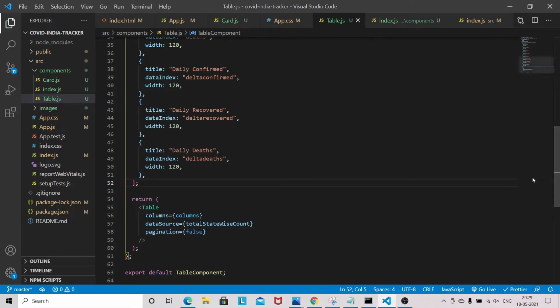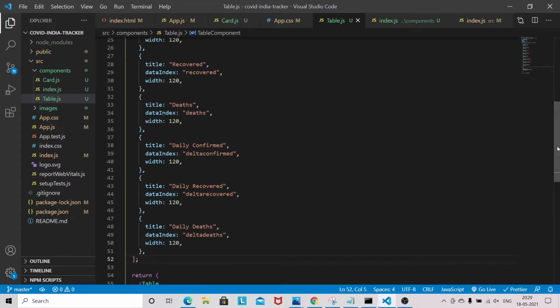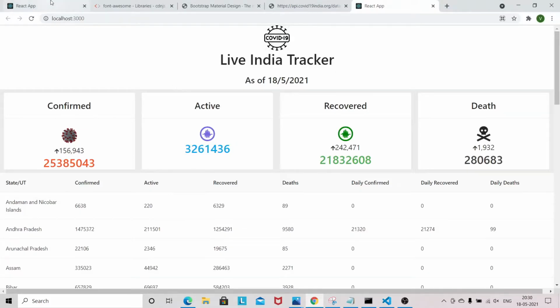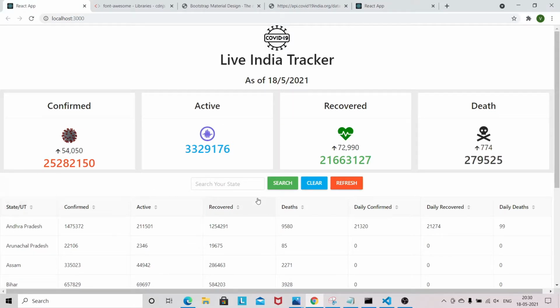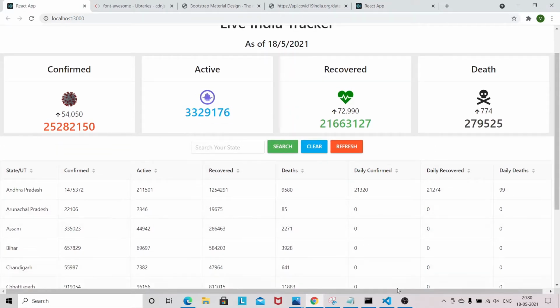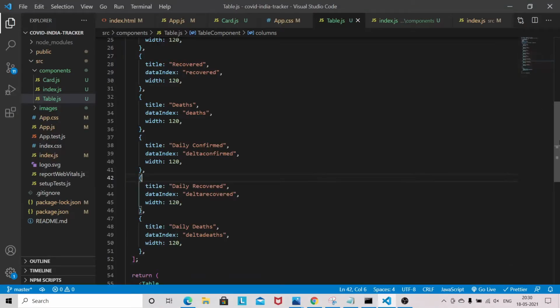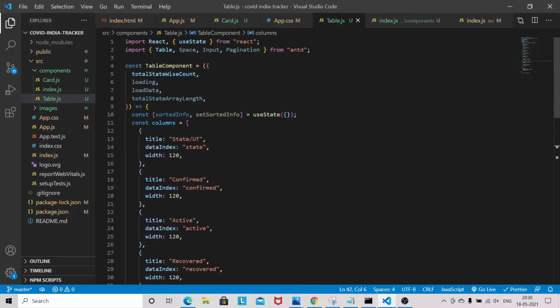Okay, now we have to handle the sorting. So we need to implement the column sorting. One by one functionality we will be implementing. So for sorting we have initialized the state.